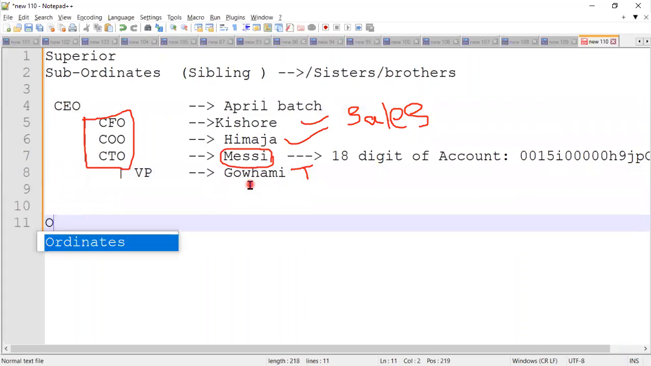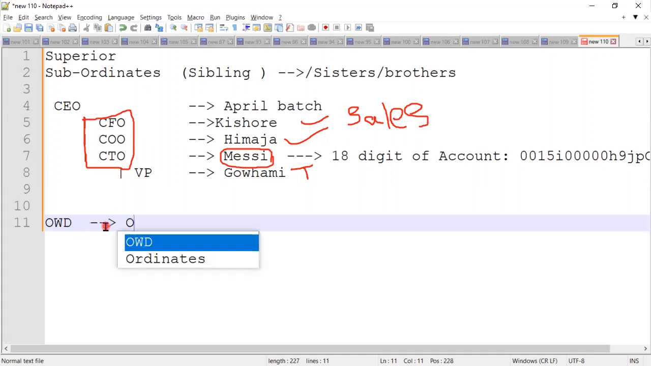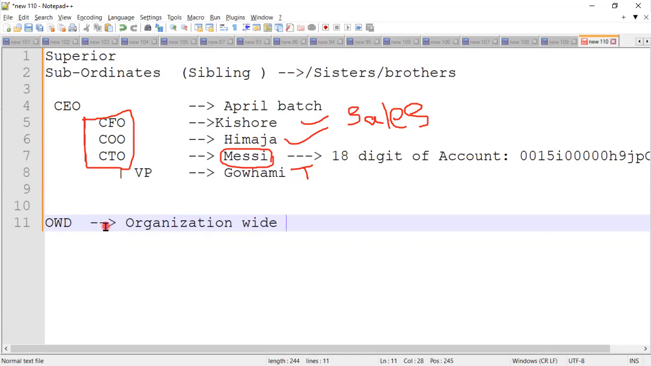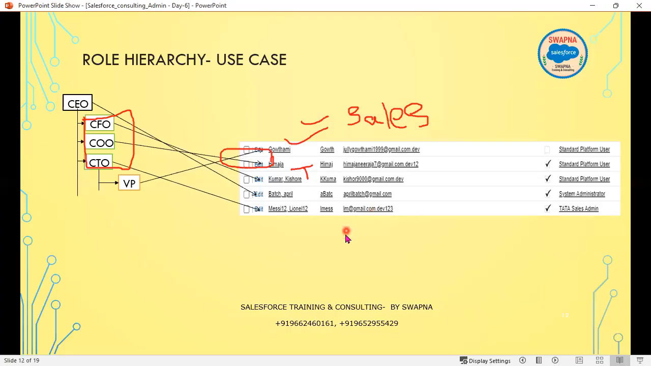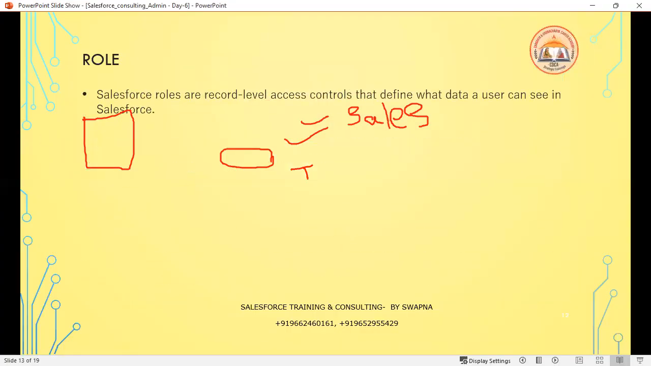The concept is called OWD. What is this OWD? It is nothing but organization wide default. Organization wide defaults. Now, what is that? Organization wide defaults is nothing but